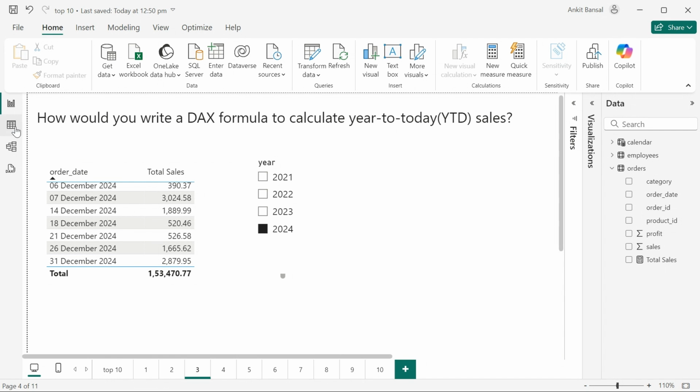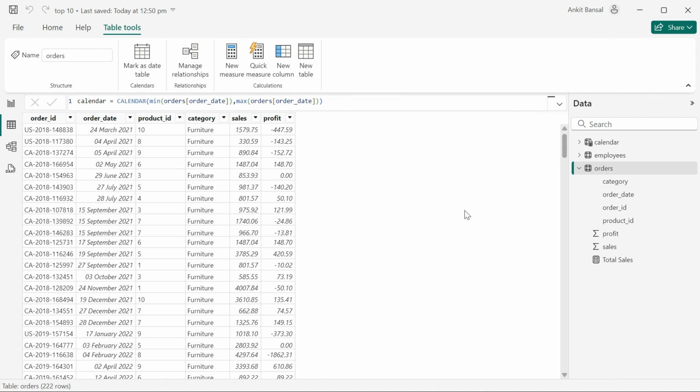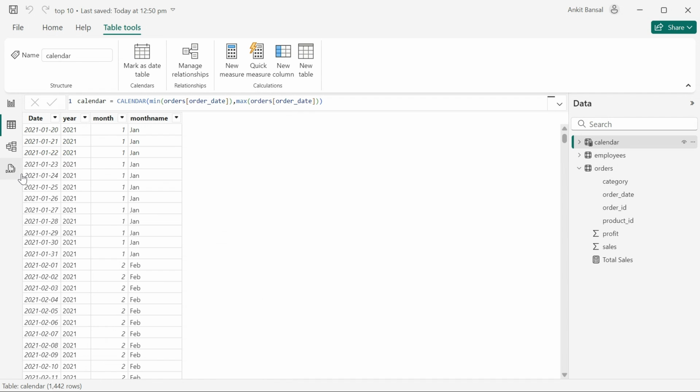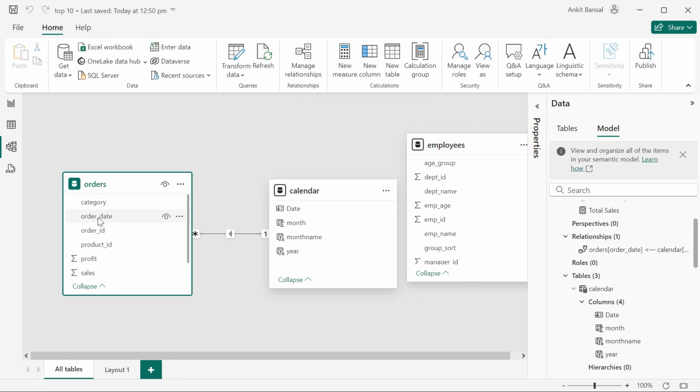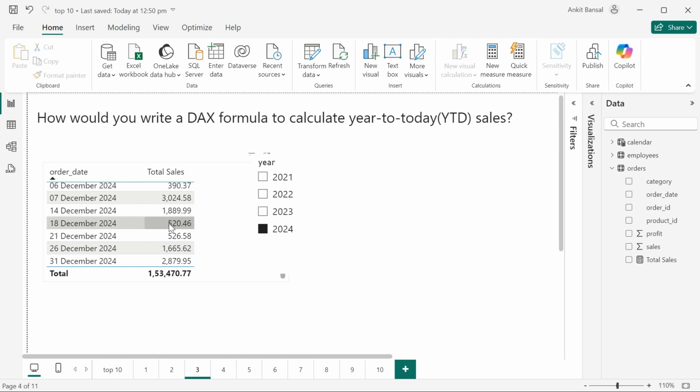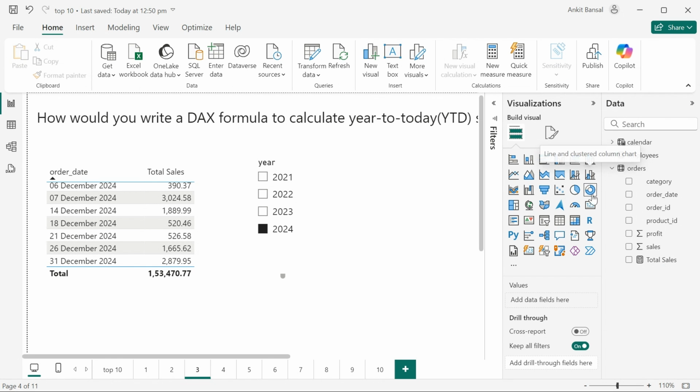Okay, I'm using, by the way, orders data in this. So I have the orders data where we have order ID, order date, all these things, and I have created a calendar table as well. And I have created a relationship between order date and date so that we can use the time intelligence DAX functions. Okay, so let's get back to the question. What I want is all the sales till 19 December, which is till here, right? So total sales is 153, and we should not have these three sales when I calculate total YTD because I want till today. Okay, so what we will do, let's create a KPI card,